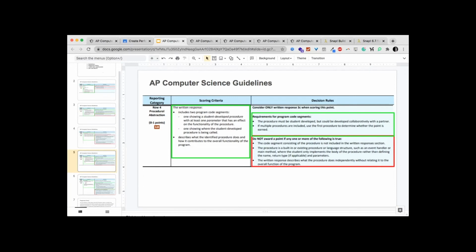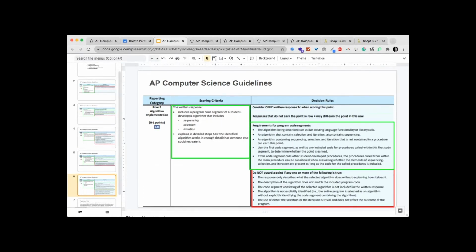Okay, so number 5, algorithm implementation. The written responses include a program code segment of a student-developed algorithm that includes sequencing, right? So sequencing just means a list of different things happening one by one. It's a sequence of events, a sequence of code. Selection and iteration, right? So you're selecting something, right? Part of that selection is working. So selection